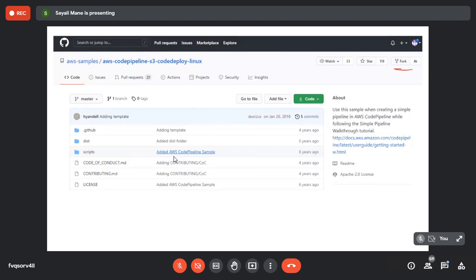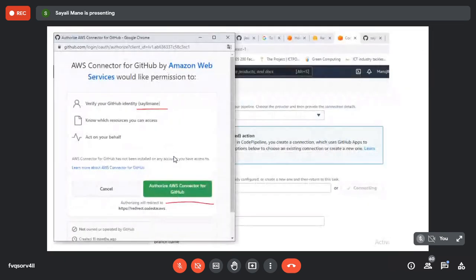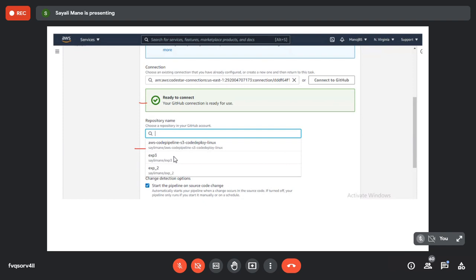Now you cannot fork because you have already forked it. So just simply refresh this page, then click on the fork button, and then come back to our AWS pipeline, and then see. Here it should come automatically.